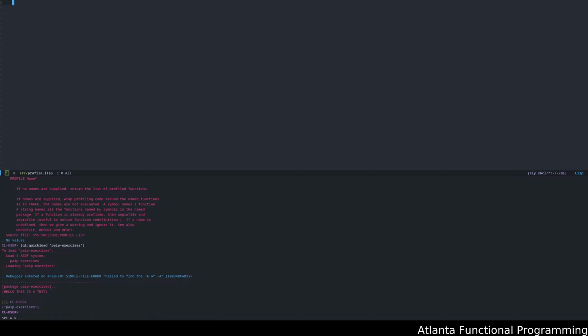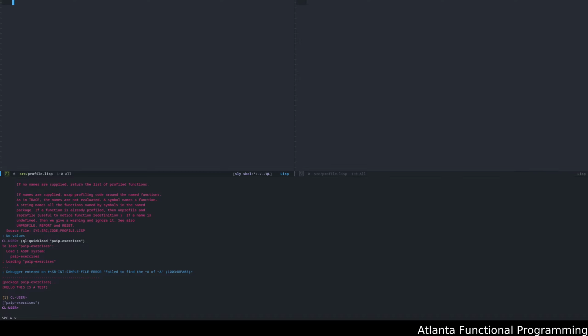Let's go ahead, and I should have actually done this first, which is create the package that we're going to need. Okay. UIOP define package. We're going to call this PAIP exercises.instrumentation. Okay.